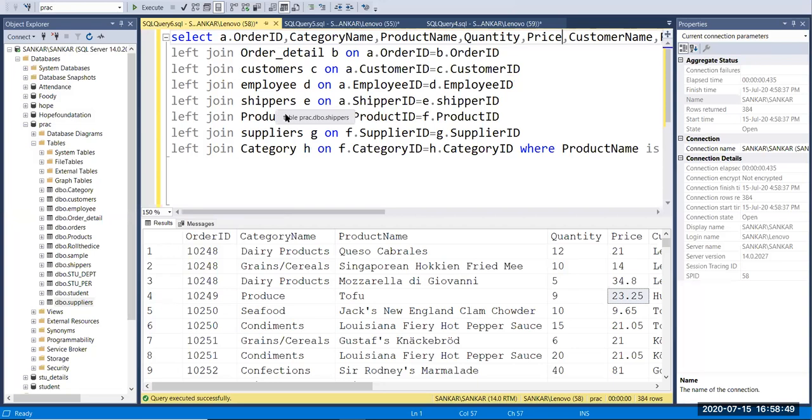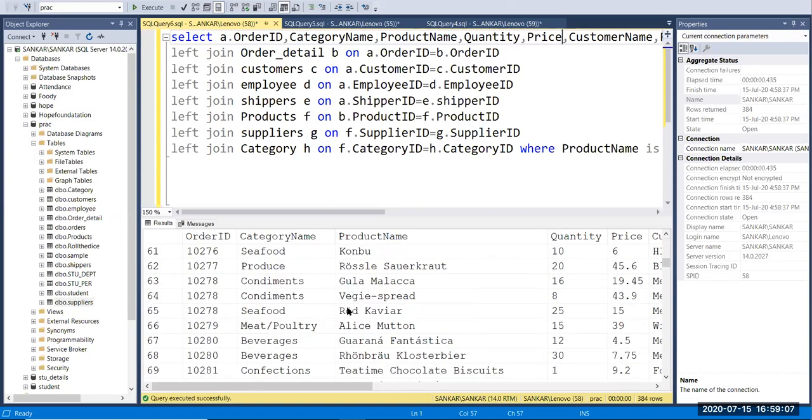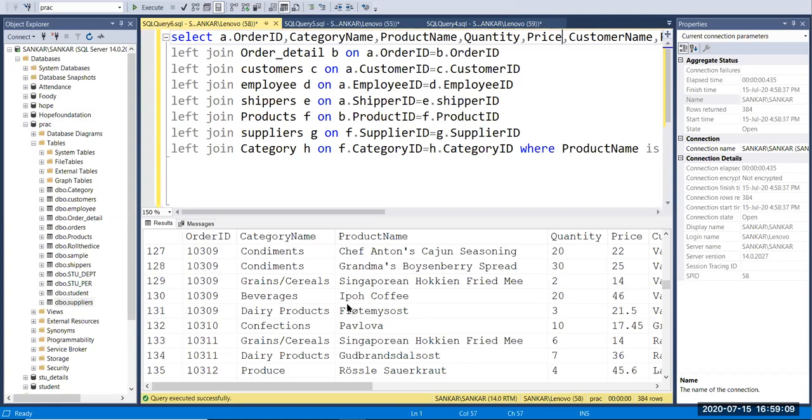What columns you want to print, you can simply modify here, right? You can add n number of tables by using left and inner joins. You can add 10 more tables here. Now we get the detailed report.